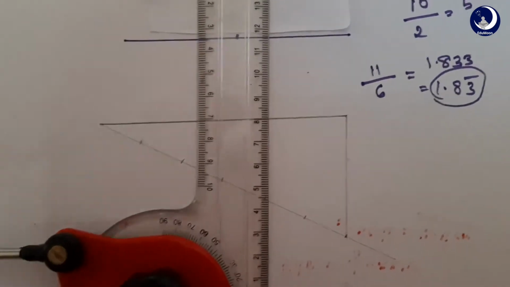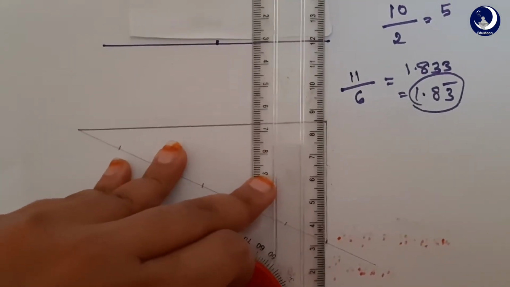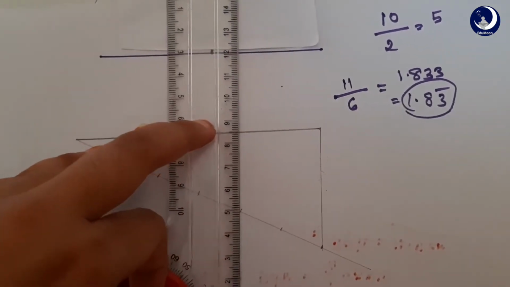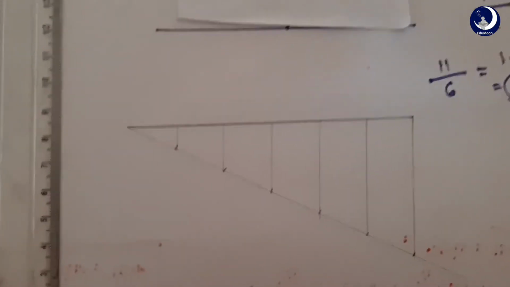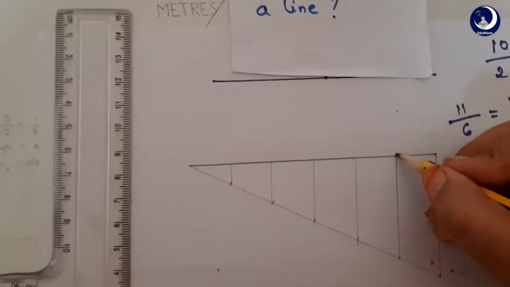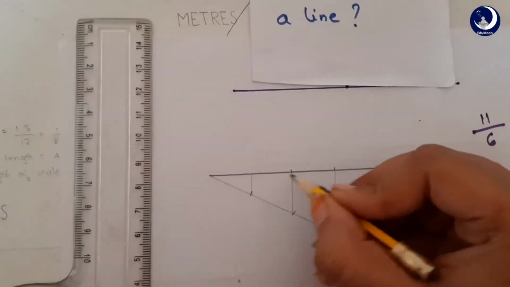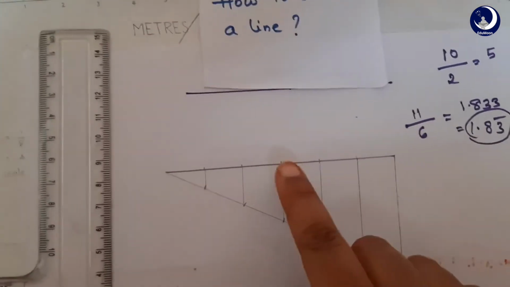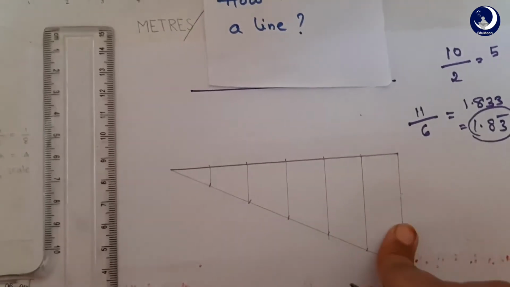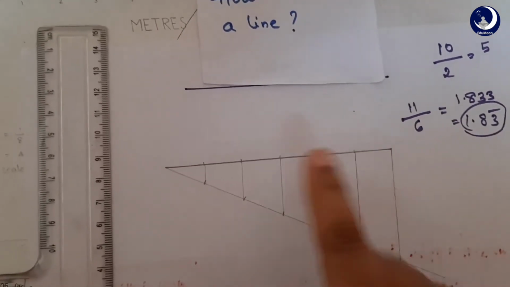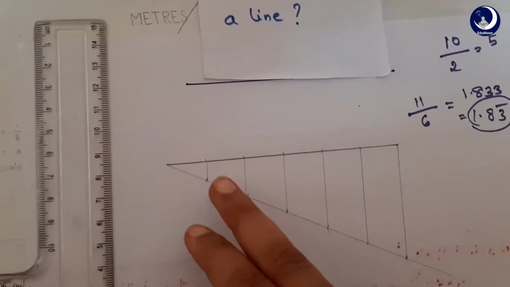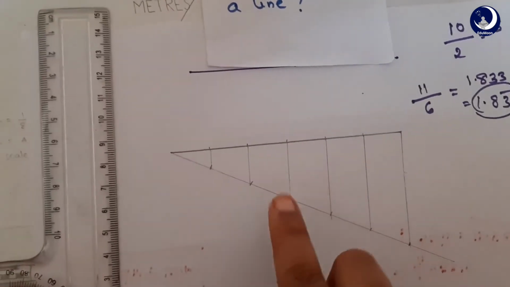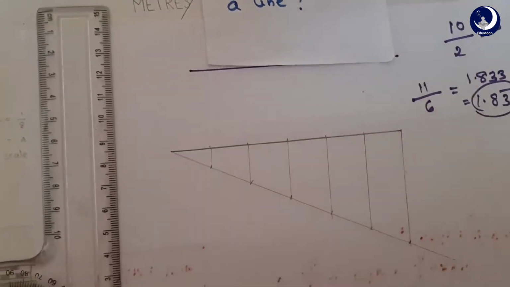like this. And then we are going to keep the drafter parallel to this line and draw lines from these points, like this. And that's how we have divided the given line also into 6 equal parts. And if you measure and check, you will have the same, that is 1.83 exact measurement for each part, which we wouldn't have easily been able to do if we had measured with a scale and divided. So this is one method of dividing lines and we're going to be using this method while drawing scales.